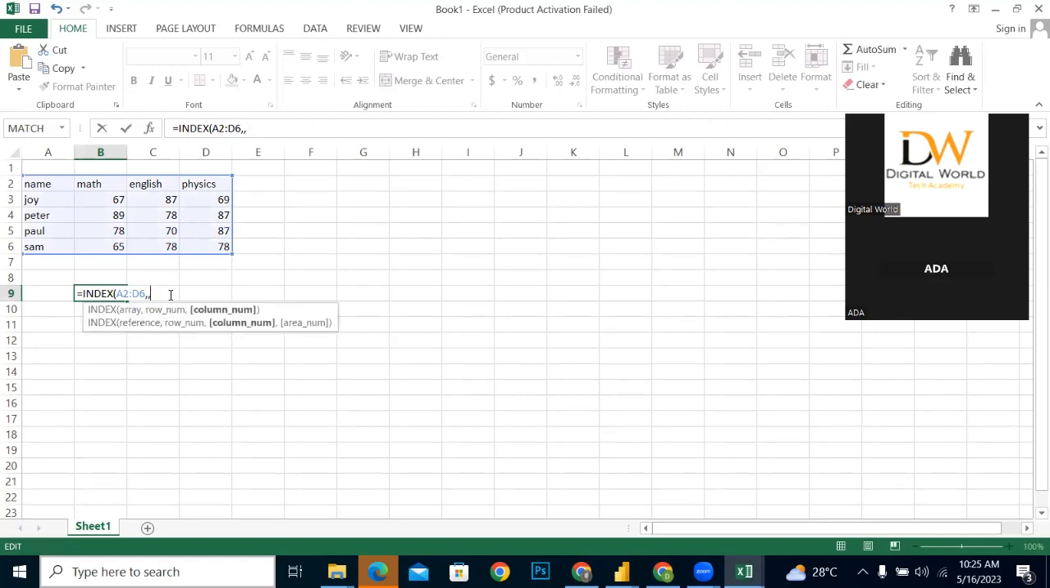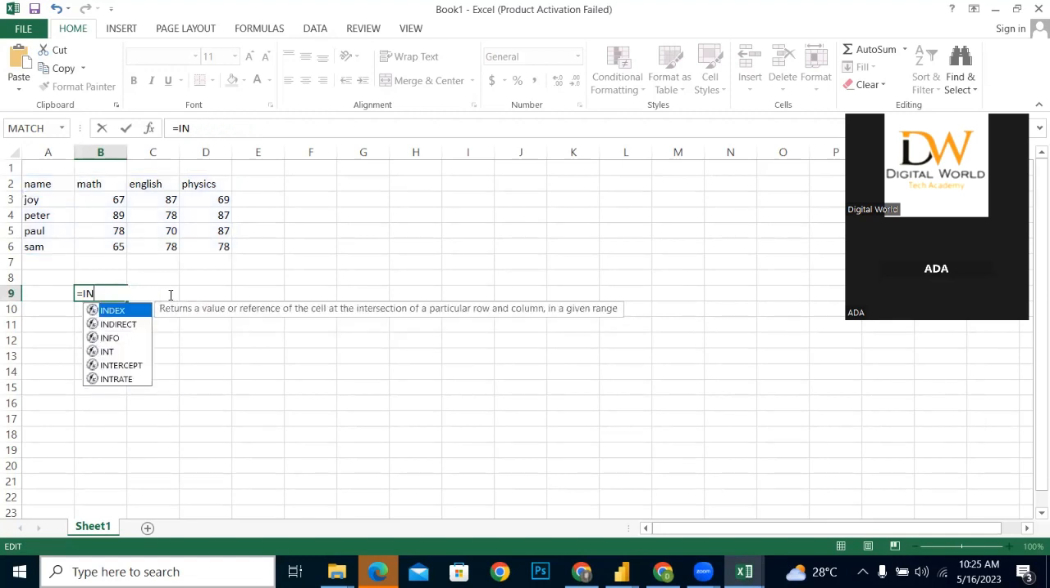Okay, so let's continue. Let me start from the beginning again. As I said, the INDEX function returns a value or reference of the cell at the intersection of a particular row and a column in a given range. So basically, what it does is it gives you